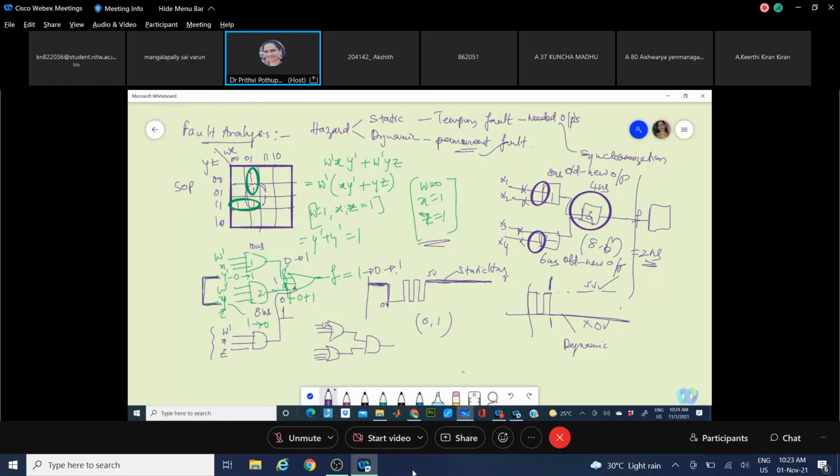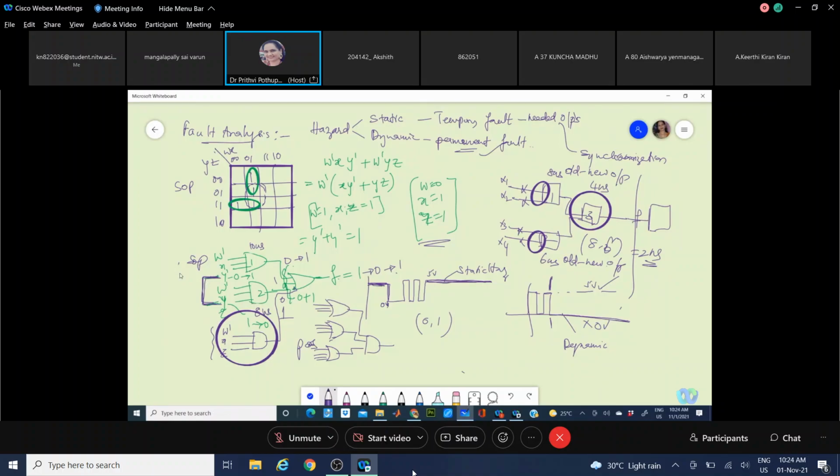So a remedy for such a circuit is to introduce one more OR gate which will eliminate that variable which is deriving the static hazard. This is for SOP, this is for POS. This is for SOP circuit, the remedy is introducing this. Here also the same thing: introduce one extra term which does not include the variable which derives the static hazard.